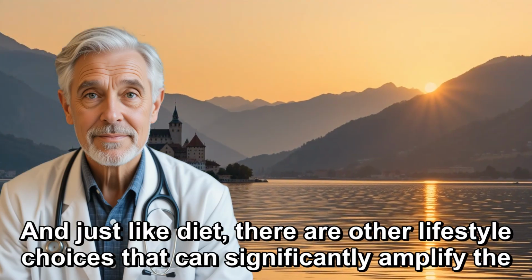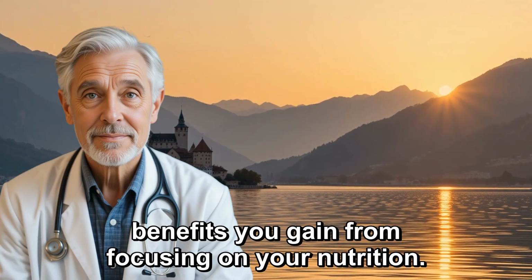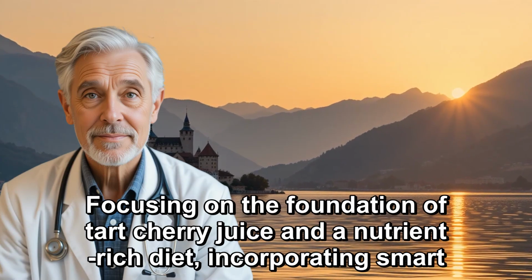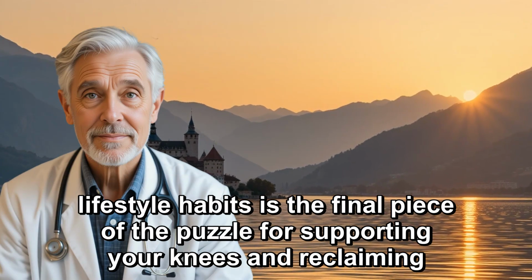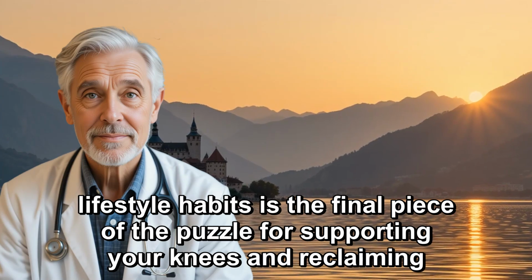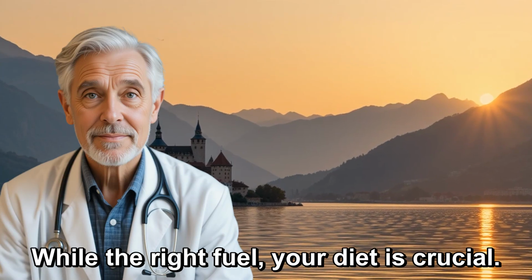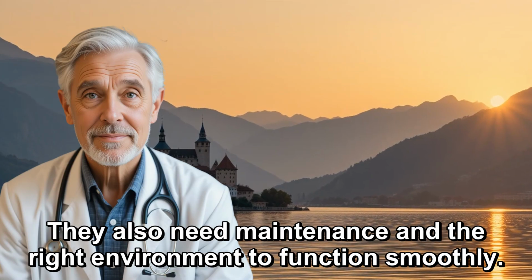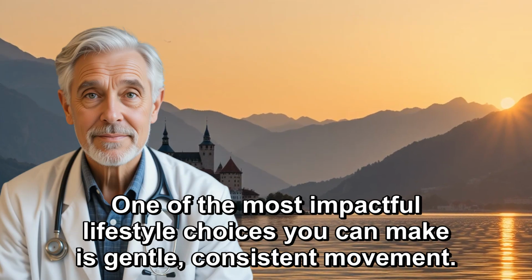And just like diet, there are other lifestyle choices that can significantly amplify the benefits you gain from focusing on your nutrition. Building on the foundation of tart cherry juice and a nutrient-rich diet, incorporating smart lifestyle habits is the final piece of the puzzle for supporting your knees and reclaiming comfortable movement. Think of your joints like well-tuned machines. While the right fuel, your diet, is crucial, they also need maintenance and the right environment to function smoothly. One of the most impactful lifestyle choices you can make is gentle